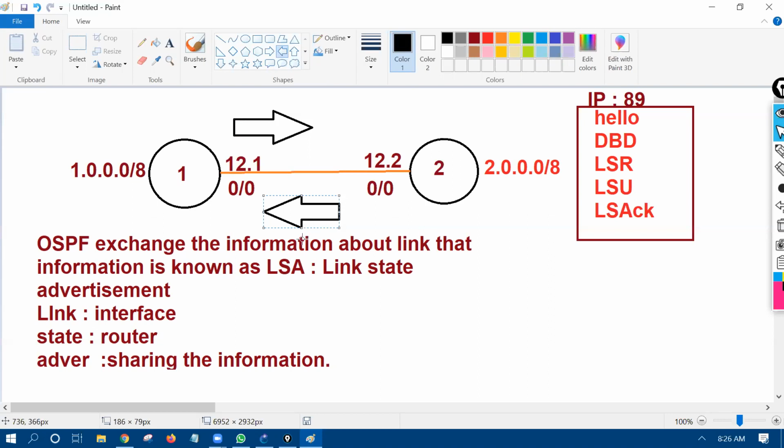And this LSA, right? This LSA is generated by every router. Once I enable OSPF on this interface, and once I enable OSPF on this interface, the information about this link is known as an LSA. And every router is going to generate this information. Every router in your network: if you have 20 routers, 20 LSAs; 30 routers, 30 LSAs; 40 routers, 40 LSAs. And this LSA is known as a